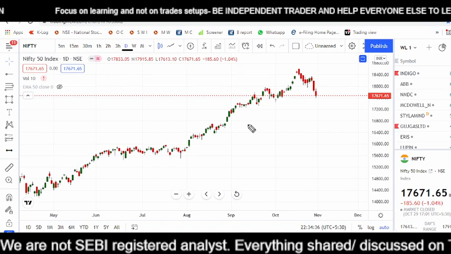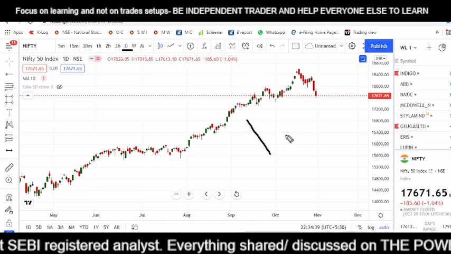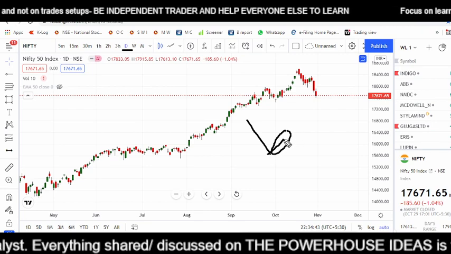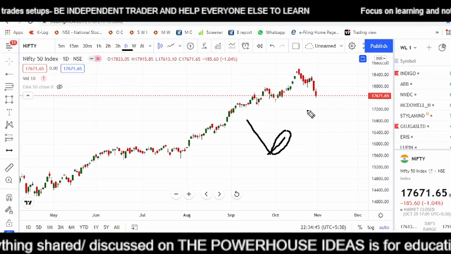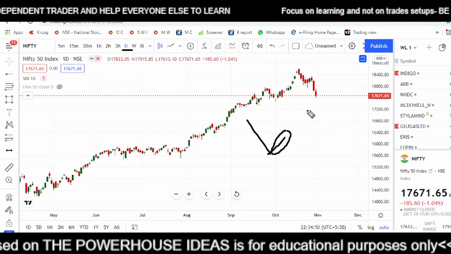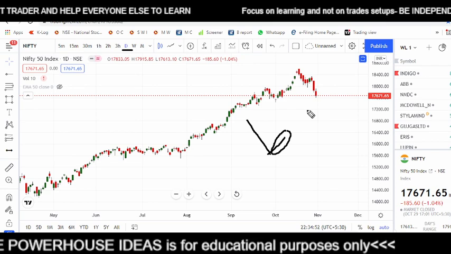What are counter trades? When the trend is down, but you are able to find a move on the opposite side. This is called a counter trade. How do you find that? I will be explaining you that in a very clear manner. Third, the use of option chain analysis along with price action.